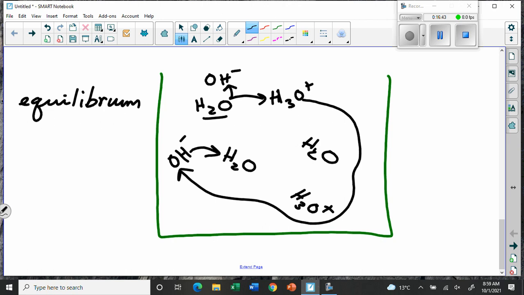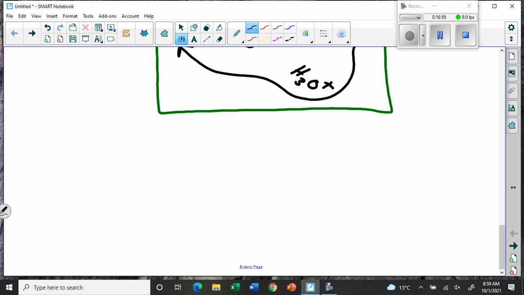Okay? And what's important to notice about an equilibrium is it means that everything is still relatively balanced, except it's constantly moving. So actually what we call it is a dynamic equilibrium, as opposed to a static equilibrium. So let me show you in another way what that might mean.